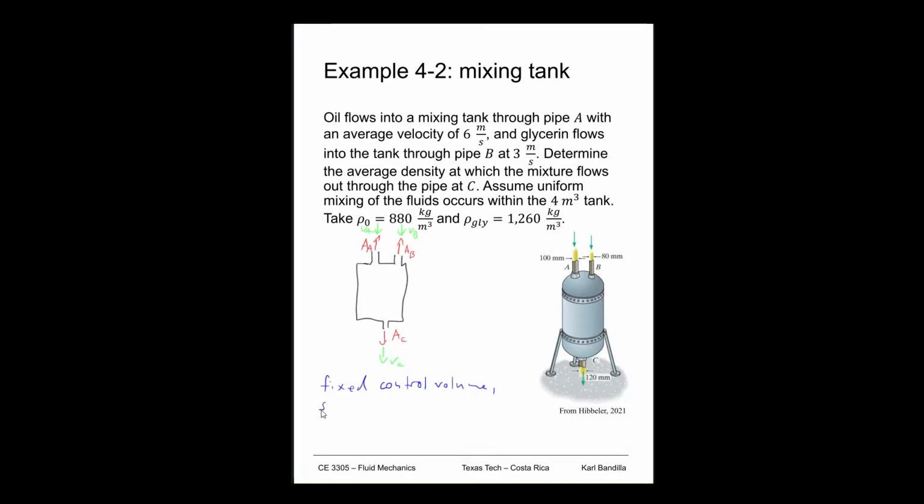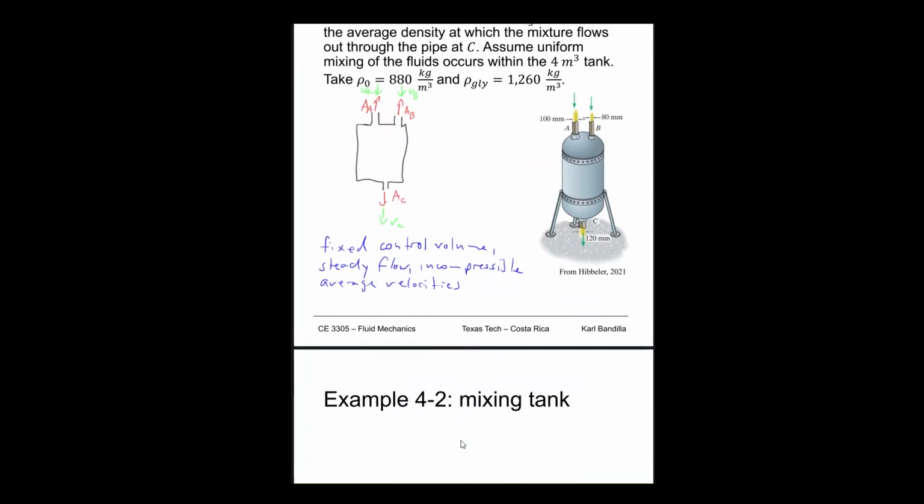We have steady flow, right? The velocities don't change over time. We have incompressible flow. And we're going to use average velocities because we're not given any information. All right, so with that, we can go and look at our